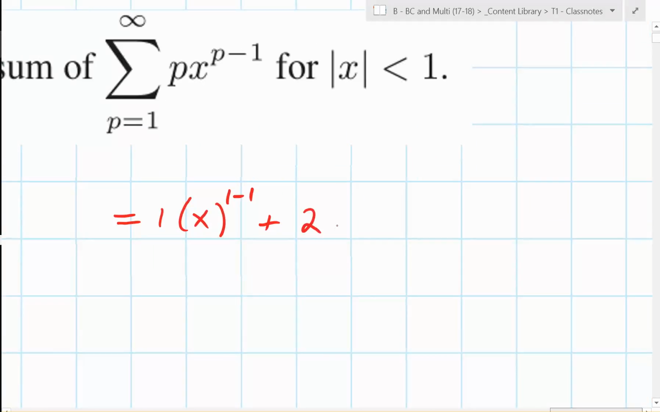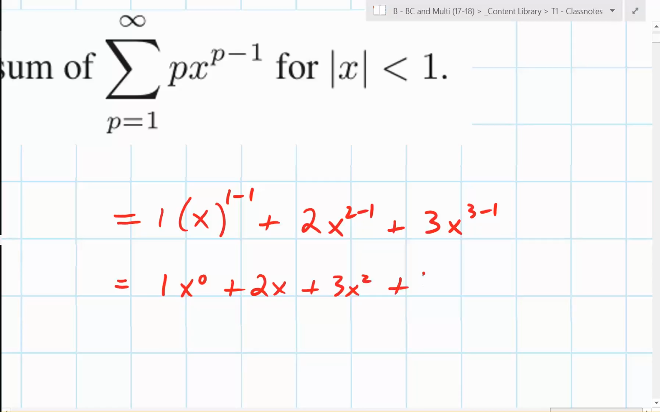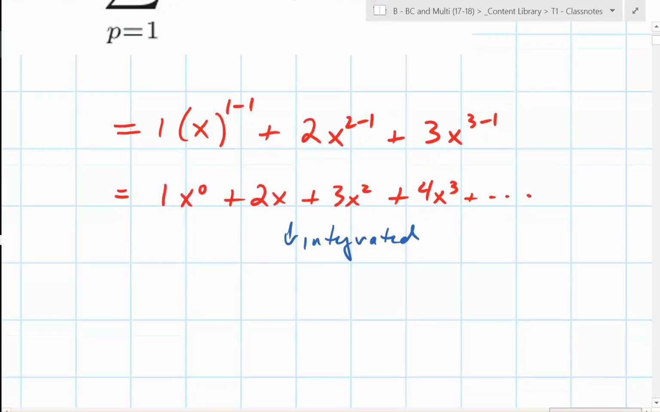Plus what? 2 times x to the 2 minus 1 plus what? 3x to the, so what does this simplify to? 1 times x to the 0 plus 2x plus 3x what? Plus, do we get an idea now of what the pattern is? Integrated this? If we integrated, what does this become if we integrated this? Well, let's just do each term here. What does it become? It becomes x plus,